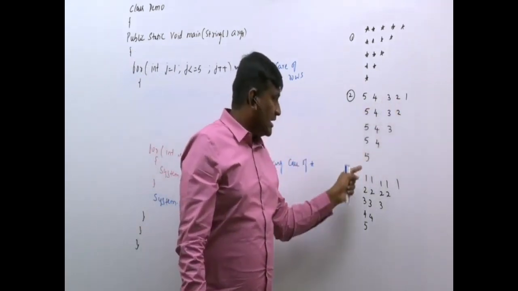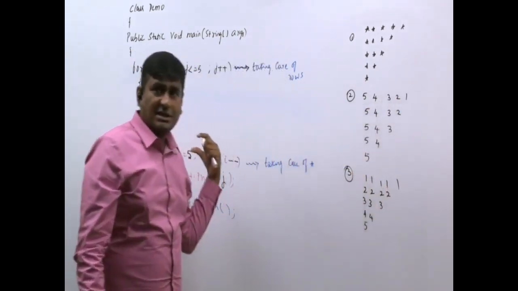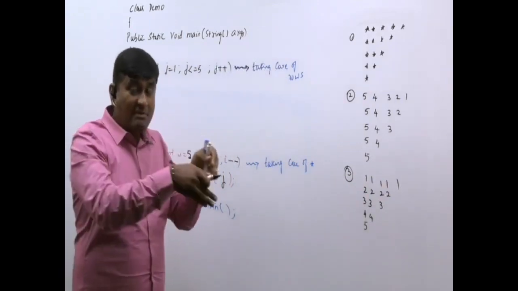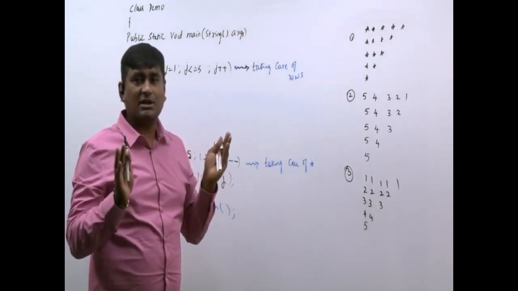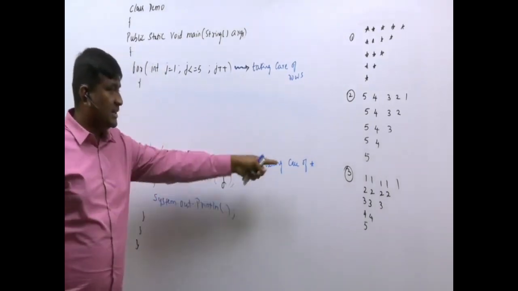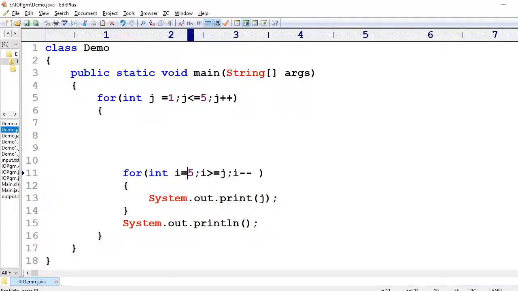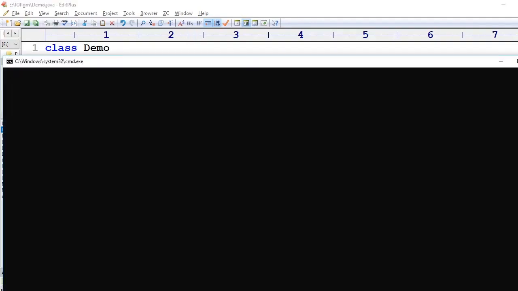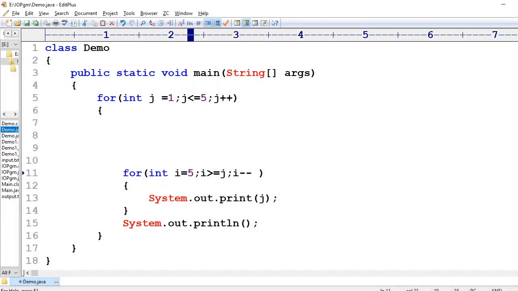That's all. If it is different, 5, 4, 3, 2, 1, see here numbers are different in the rows, I comparison. Numbers are the same in the rows, J comparison. That's all. Don't go deep in the programming. Touch and come. So that you can easily answer in the interview. This much if I make the change, the third one will be the output. So here is the same program that we have now written. If I compile the code, there is no problem. If I execute the code,